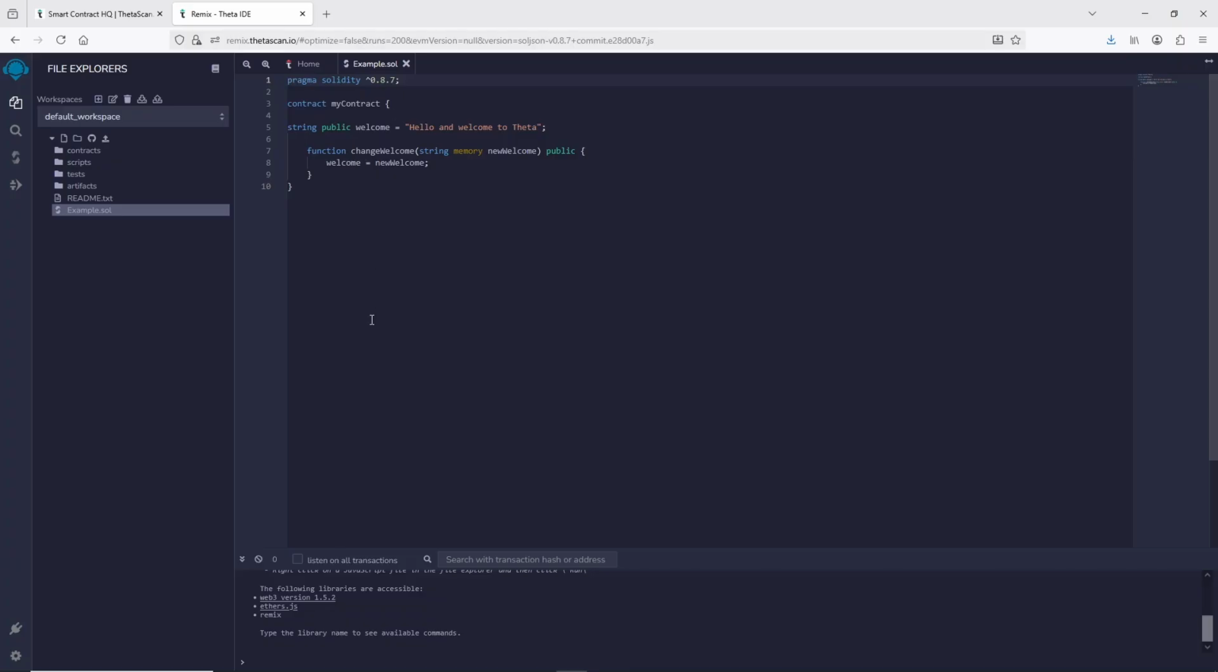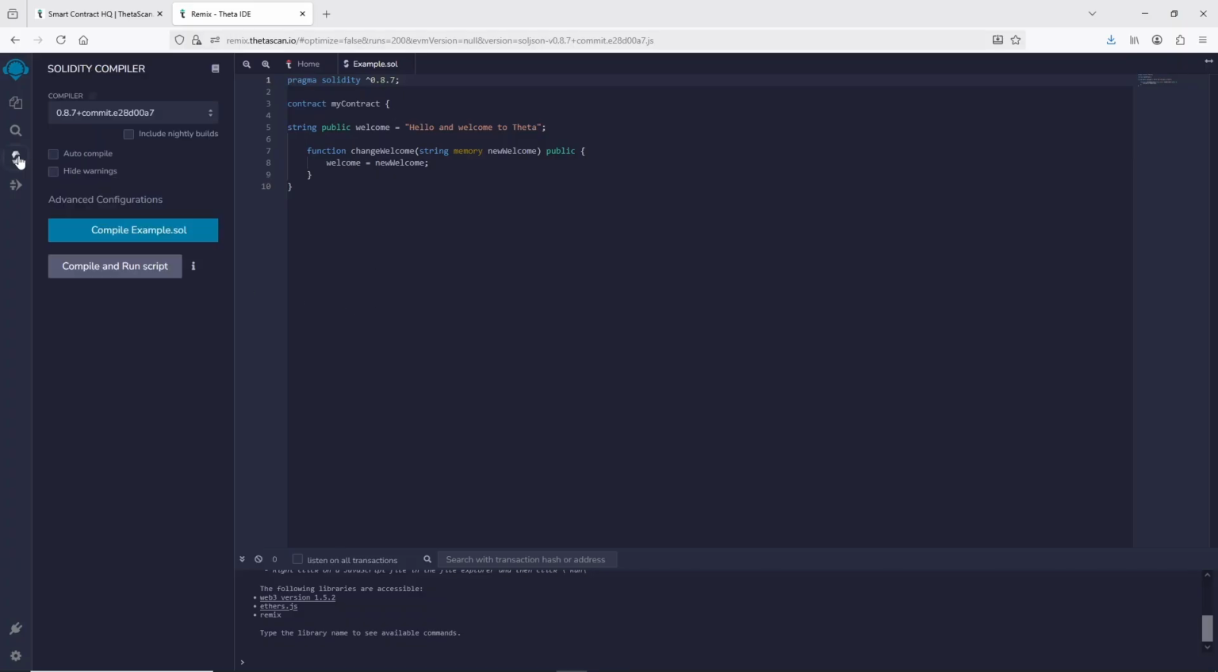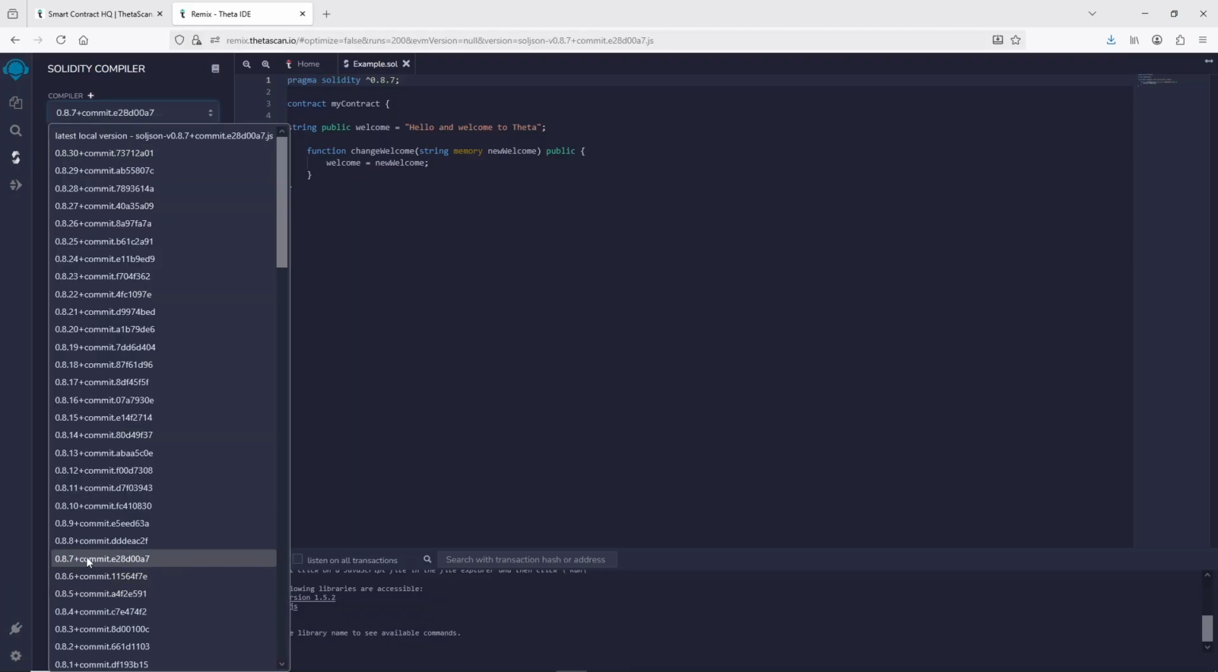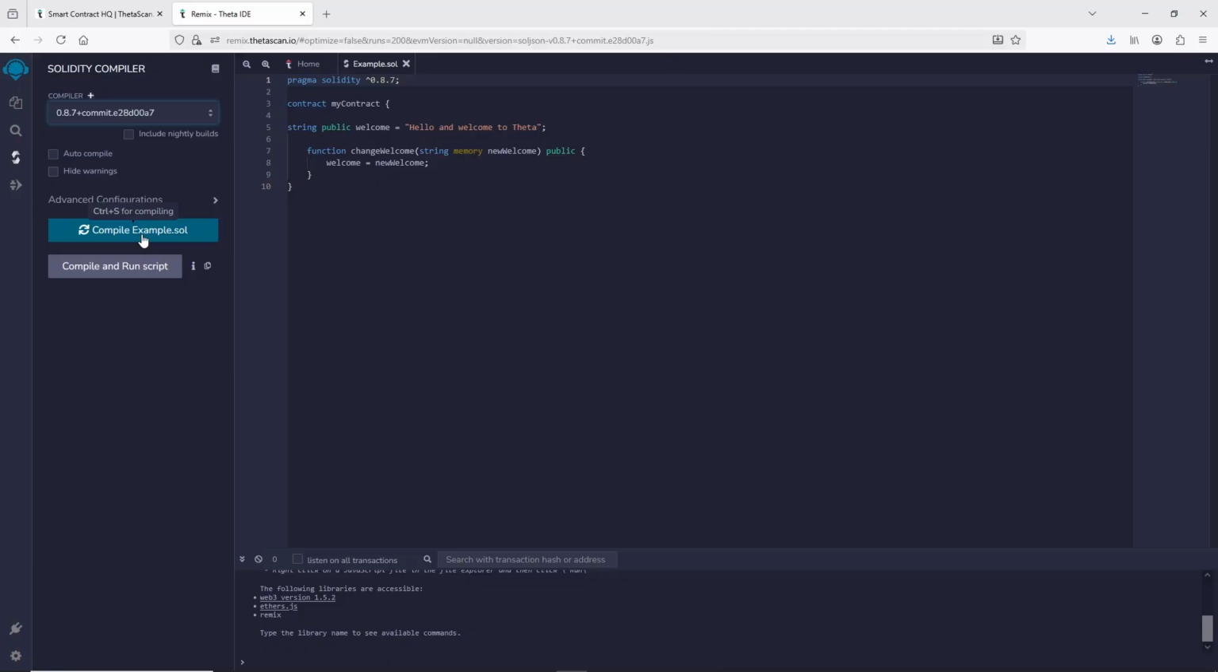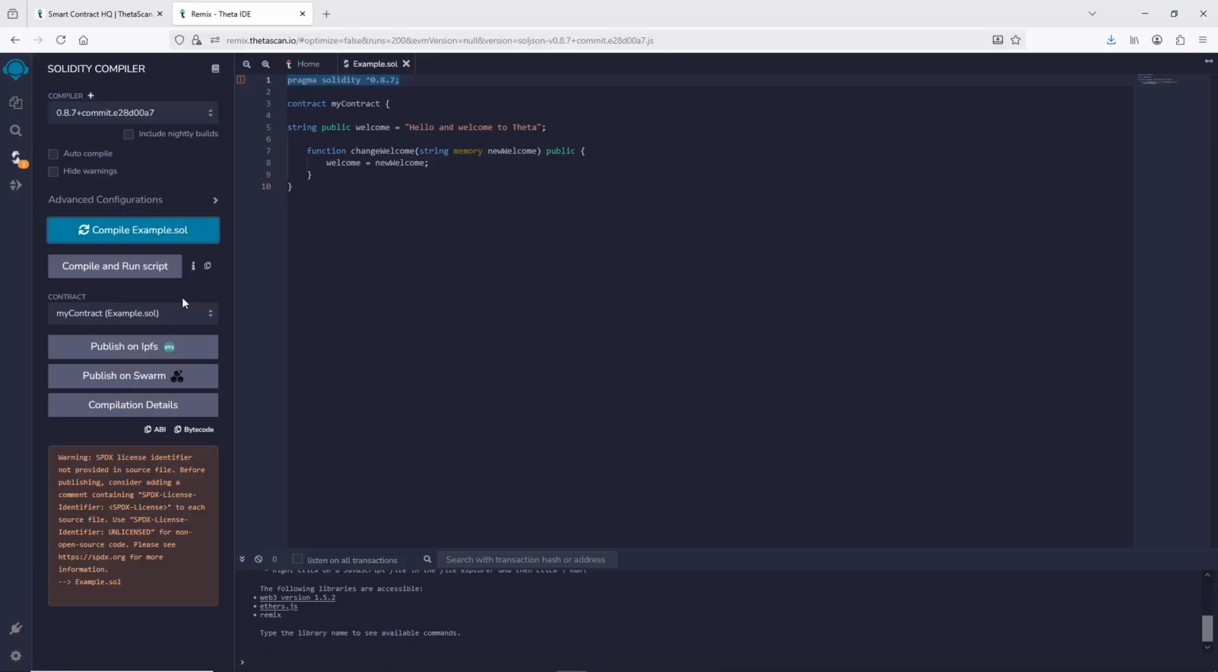So we have our contract in here. We're going to go over to the side and we're going to compile it. You want to make sure the compiler is set to the version you're using, which is 8.7. We're going to compile example, and then it's going to show up with any errors or warnings here. So it's giving me a warning that it doesn't have a license at the top of it, which is fine